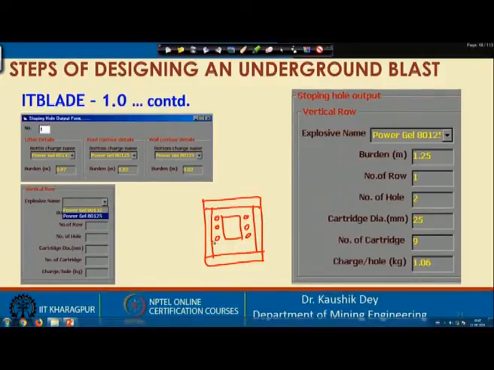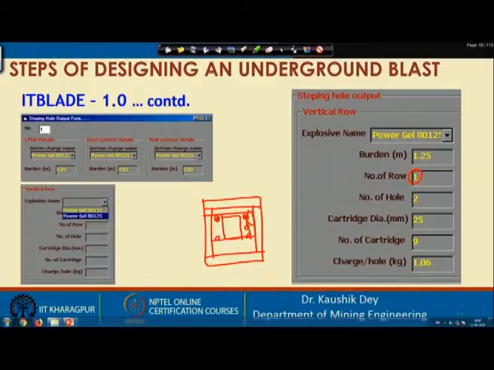So, this total area is considered as the excavated one, then the horizontal holes will be calculated. So, for the vertical holes, the number of holes and number of rows, there is 1 row, that means more is not required as per these considerations, only 1 is available and 2 holes are there. So, we can consider 1 hole is here, another hole at this position may be sufficient. So, 2 holes are required, and only 1 row is required as per this consideration.